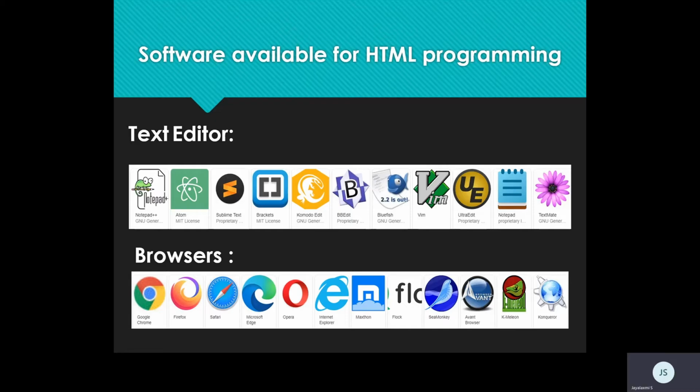Execution of HTML code is done with the help of a browser application. We have various browser applications such as Chrome, Firefox, Mozilla. The default is Internet Explorer or Microsoft Edge. And there are some elements which are compatible with certain browsers. When we go to the detailed session, we'll get to know the rendering difference of each element with different browsers.